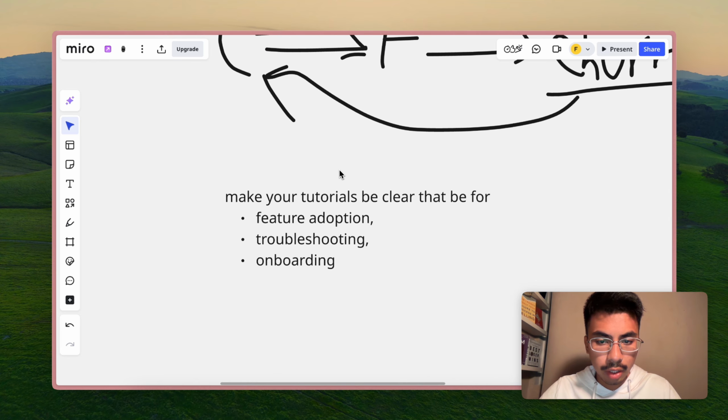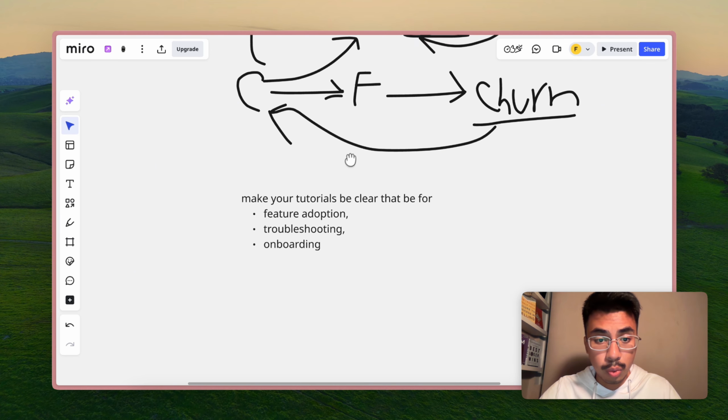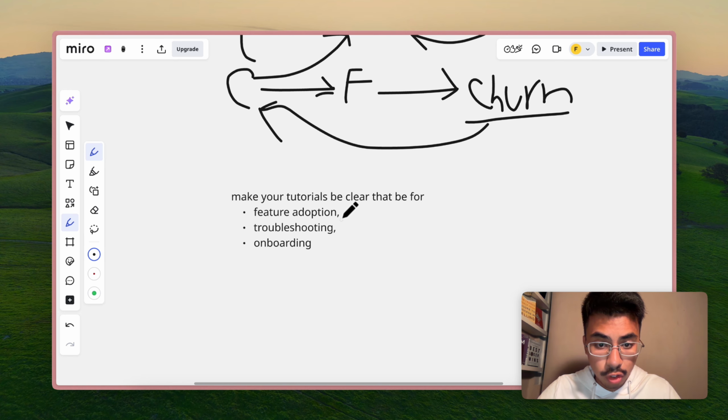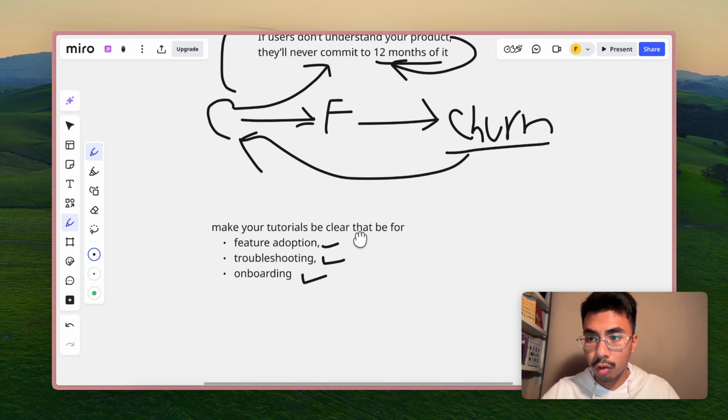And so if you are unclear about customer education and you're new to it, this is what you can do. You can make tutorials in the form of feature adoption, troubleshooting videos, or onboarding types of content or videos. It doesn't really have to be educational type content. It could be in the form of tooltips, articles. Actually, as a matter of fact, I would refrain from using articles because firstly, no one's gonna read articles. People want their problems solved quickly and not to read a bunch of walls of text. So yeah, don't use articles.